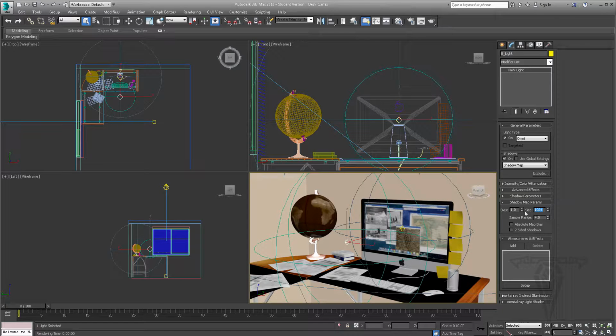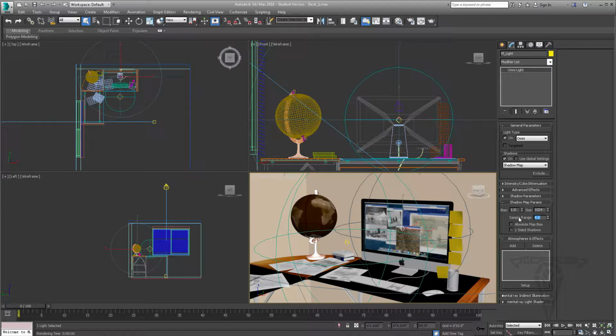Okay, so that's going to give me a higher shadow map, and you're not really going to see much of a difference in this scene because it's so dark. But usually I like to bring it up to 1024 or 2048. Sometimes I've even brought up my shadow maps to 4096, depending on the scene. But anyway, so 1024 should be good, and I'll just double the sample range. So let's say 8. And I'll do the same thing for the light that's actually in front of the monitor light. So let's say 1024